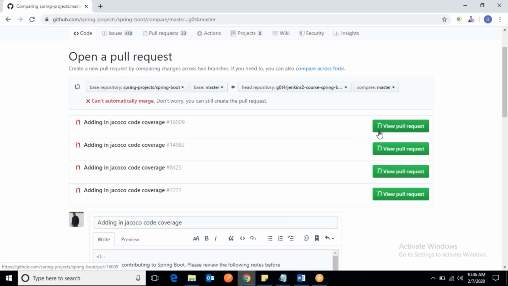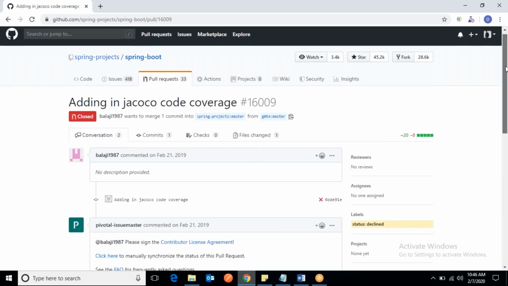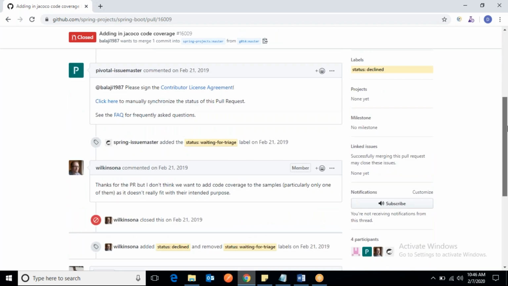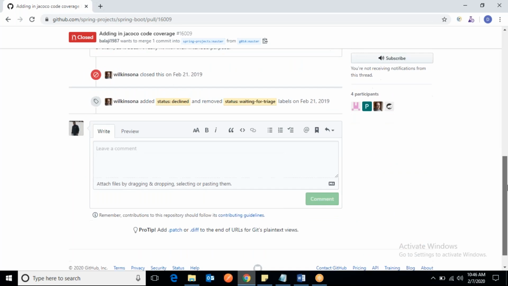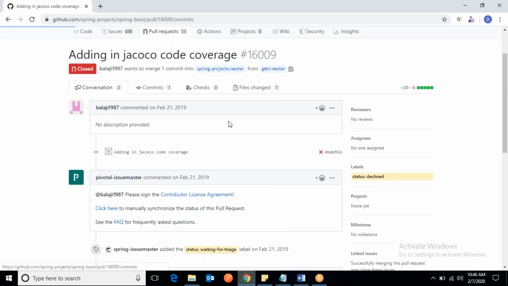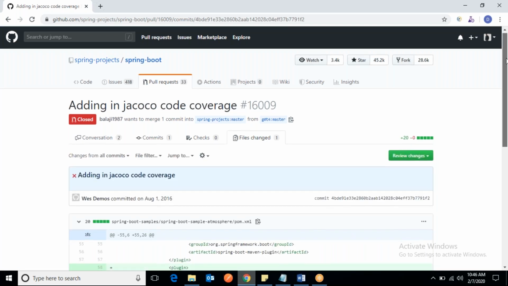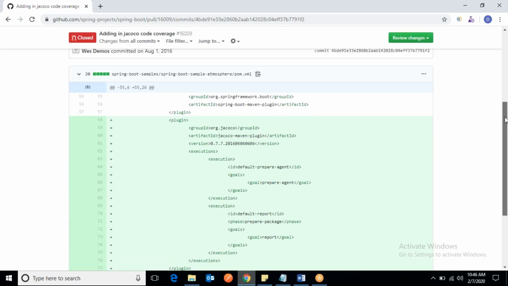Now go and do the code review. You can click pull request, view pull request. Now you can see whoever did what and the comments they have provided, everything. You can also comment. In files, you can see the commits, what this person has done. So after this, how do you merge to the master branch?